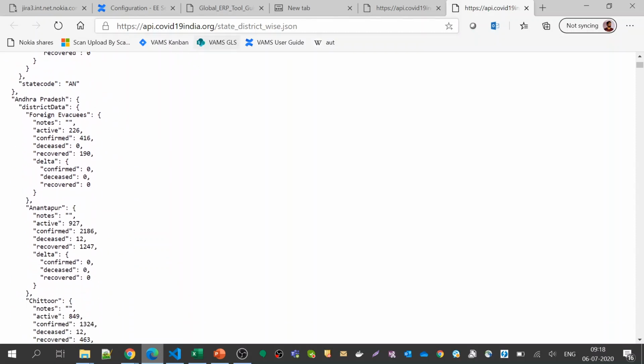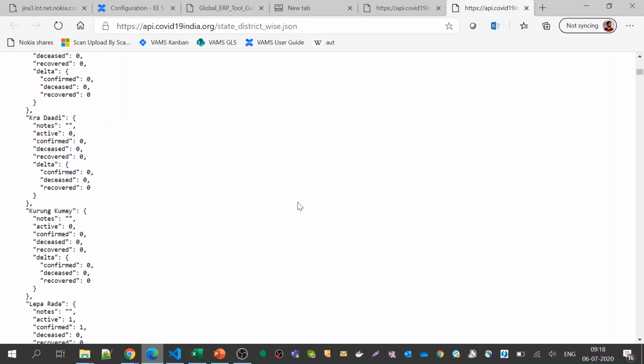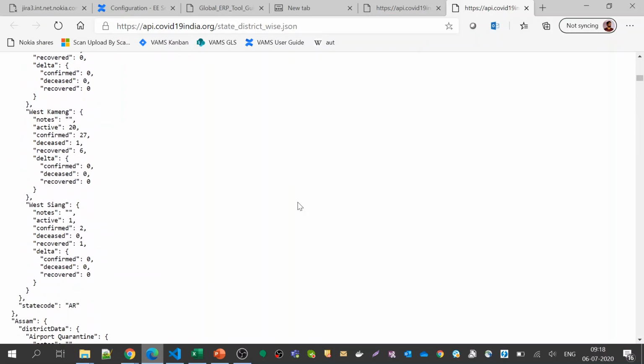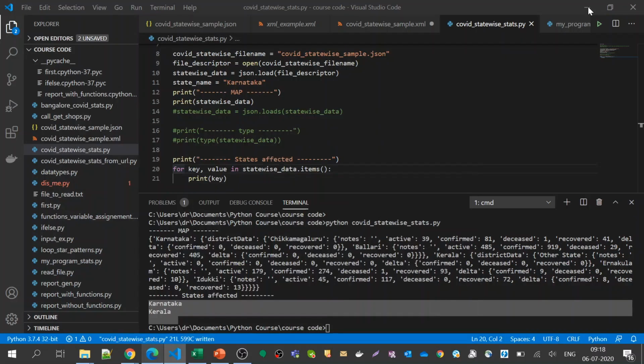This is actually unofficial. I think some NGO is doing this job. So this is an unofficial count of COVID data. It is providing an API for other apps and other programmers to use it and make some data out of it. I will give you some interesting ideas to do with this, but let us try to focus on this for now.